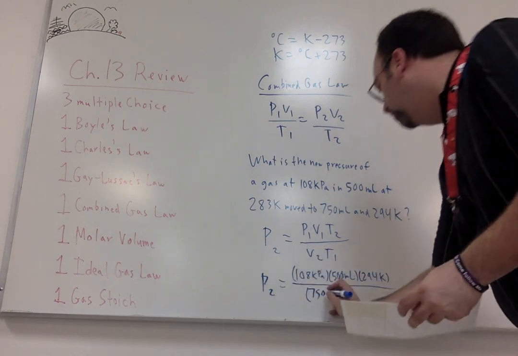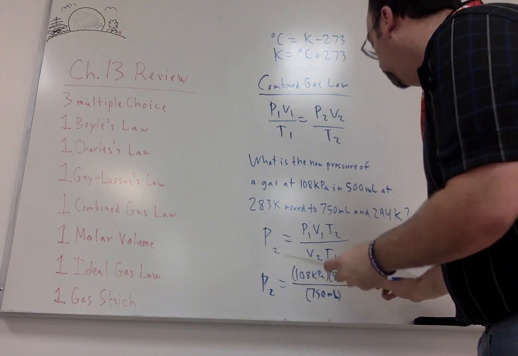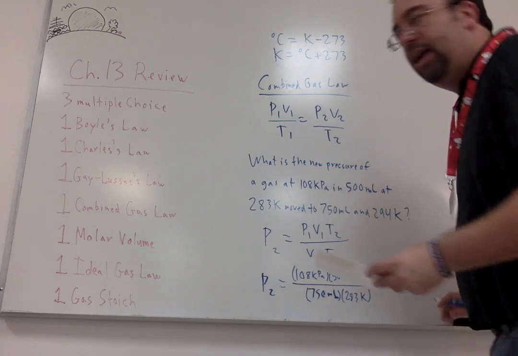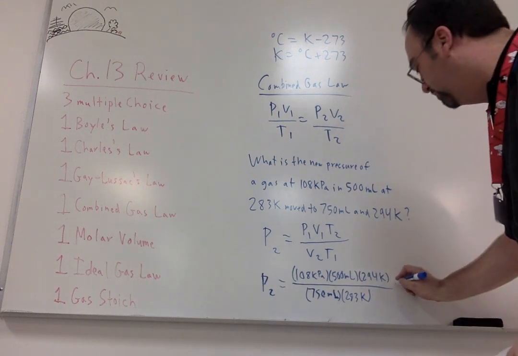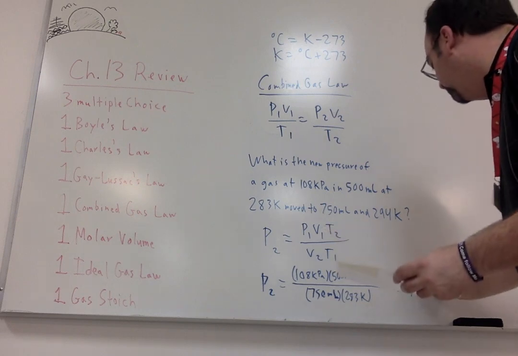And then the old temperature, the original temperature, was 283 K. I'm just plugging in what I'm told, and I can put this in my calculator, and the new pressure is going to be 74.8